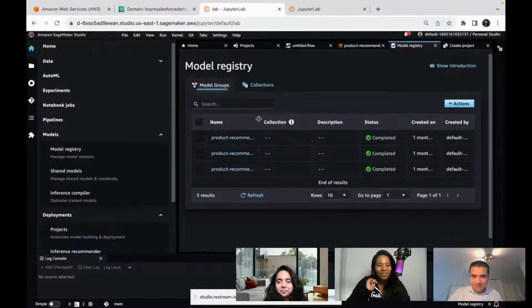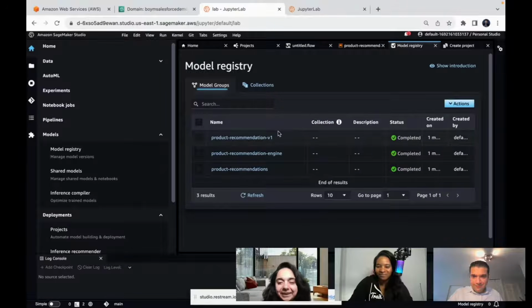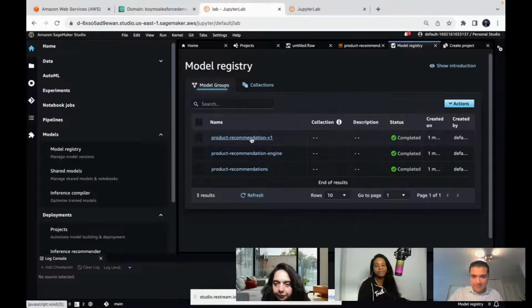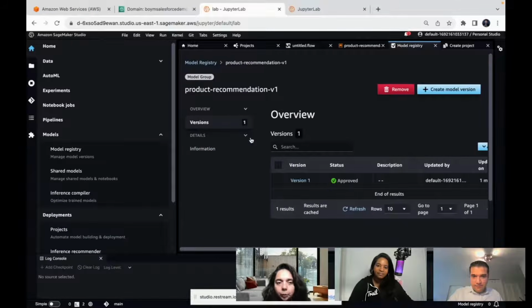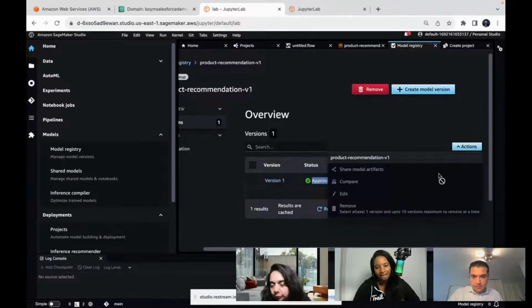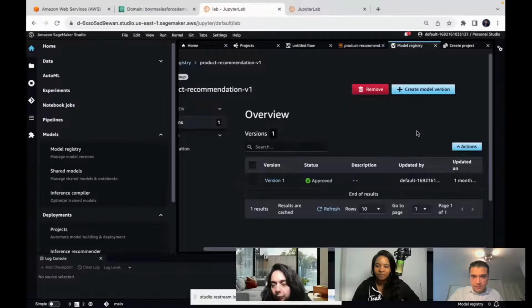So go ahead and proceed, Sharda. Thank you. So once you run the notebook and you register the model, when you go to model registry in SageMaker, you will see that model showing up. Now the next step is for you to go and approve that model. Once you change the status to approved,